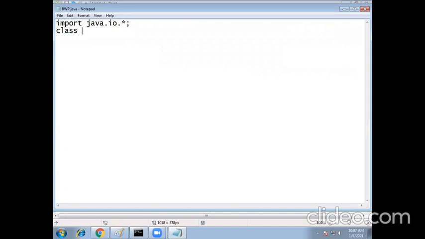So we need to import the IO package. Then class ReadWritePrimitives, and public static void main String args.